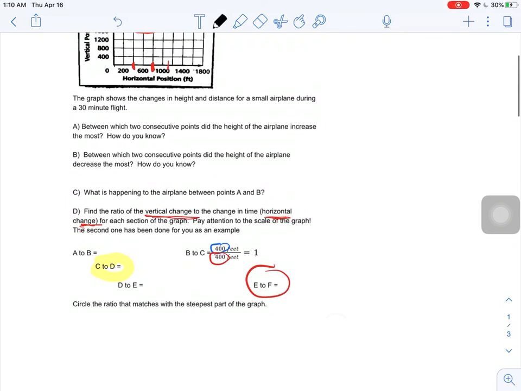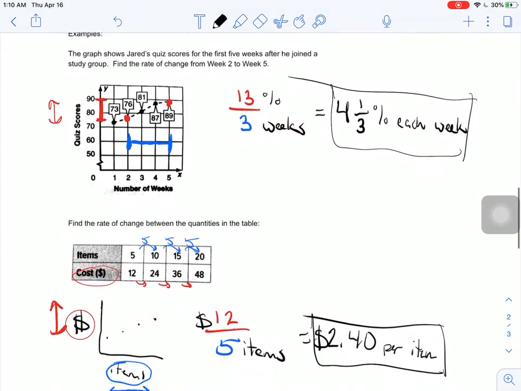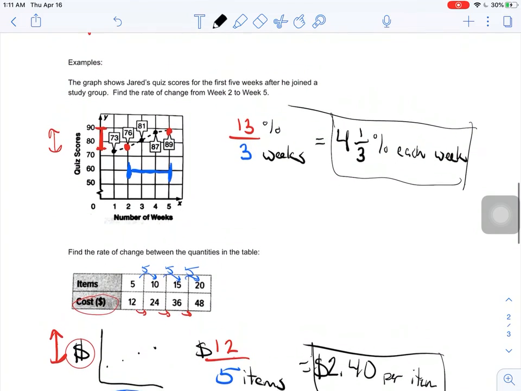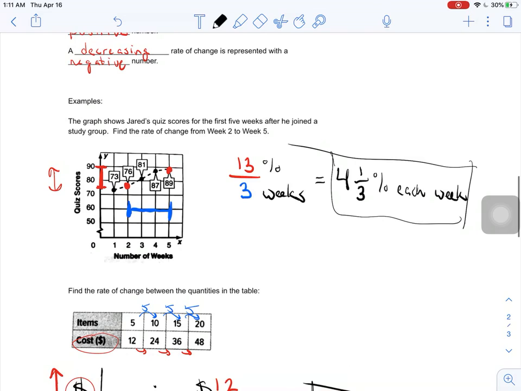So at this point, you should have your activity completed from before you watch the video. You should also now have your notes filled in that go with that. When your notes are complete, then you're going to move on and you're going to try the practice assignment for today, which is going to let you try practicing some rate of change calculations similar to what we did in the